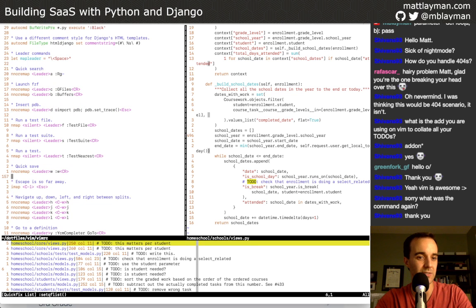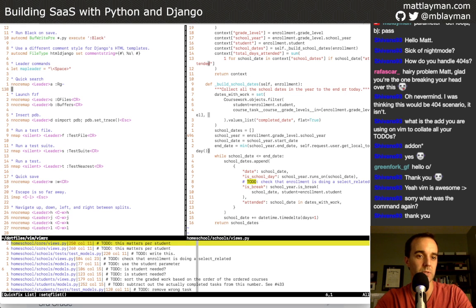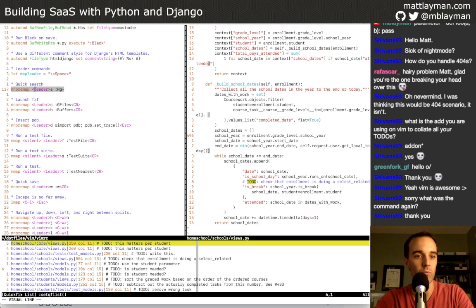What I do to launch ripgrep is I hit spacebar A. My leader key in my editor is the spacebar, which allows me to do shortcuts very quickly. It works because Vim is a modal editor, so I'm not in editing mode all the time, which means the biggest key on my keyboard is available for quick use. I hit spacebar A, and you can look at the bottom of my window and see that RG space popped up. And that's what this nnoremap does.